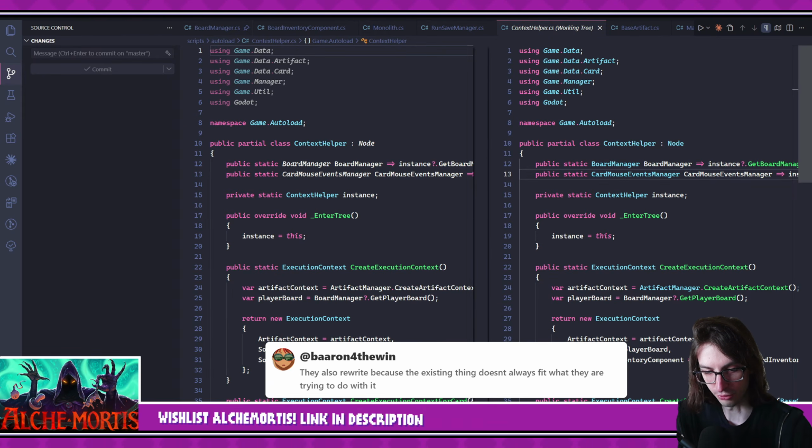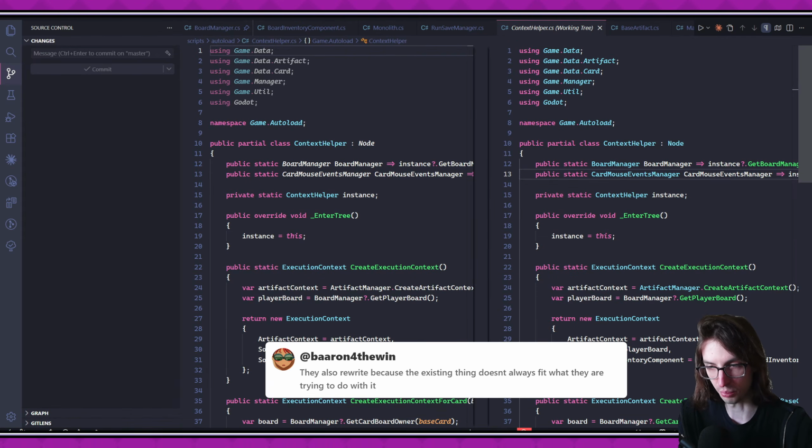So it's one of those impulses where I think it's a good impulse to want to make the code better, but also if you indulge that impulse too much, you could actually be counterproductive. So you just kind of have to be a little bit measured in it, because there's a lot of parts of Alchemortis where I'm like, man, I would love to rewrite this system and make it more